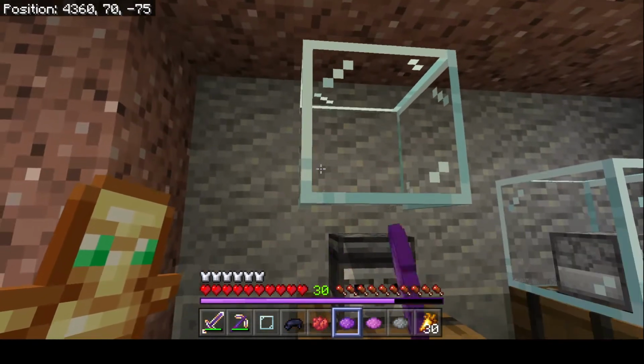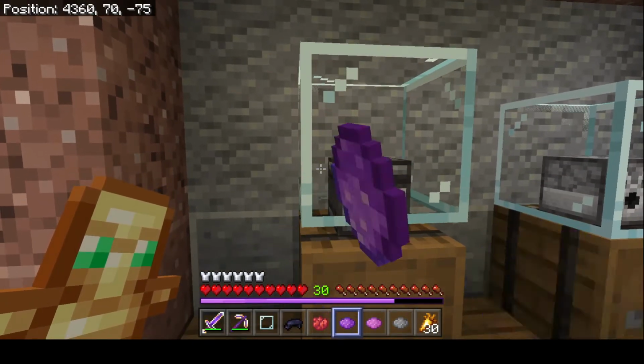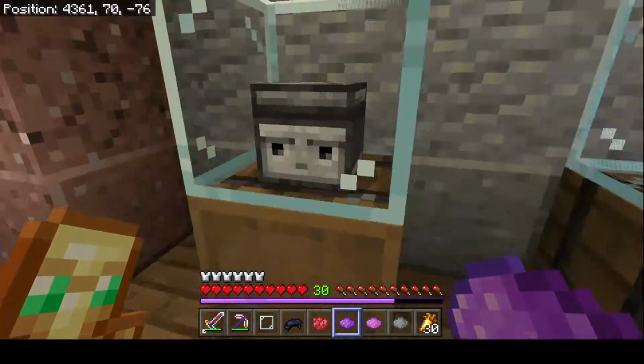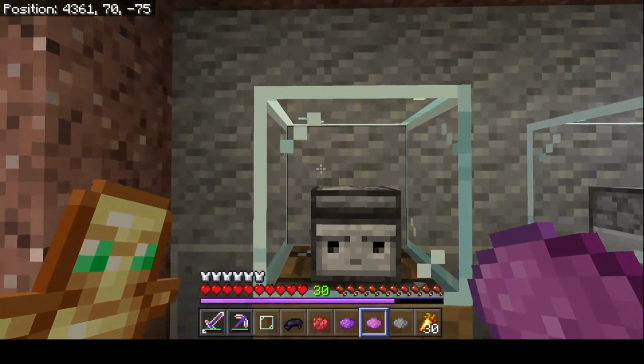I can change it on all positions. This one was the easiest way that I could find to just drop them down slowly into the cage, and there you go. Now it's all encased in glass. Amazing. I also wanted to do...